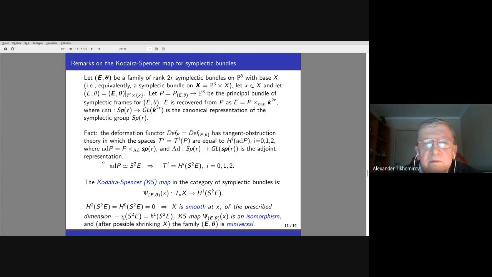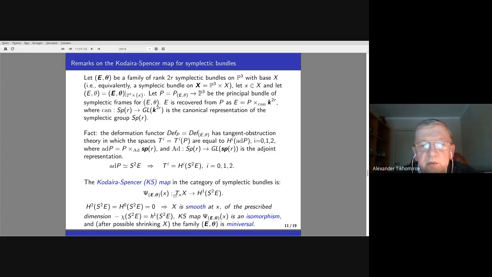And the adjoint bundle of P, this is standard linear algebra, which I believe you will know very well, is just S square of E. So your symmetric square of E will be the adjoint bundle for P. Hence, the T_i's are just the H_i's of the cohomology of the symmetric square of E. So, in particular, the Kodaira-Spencer map, shortly KS map, in the category of symplectic bundles is just